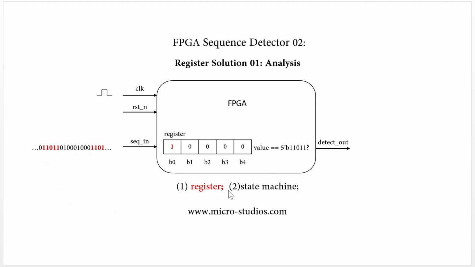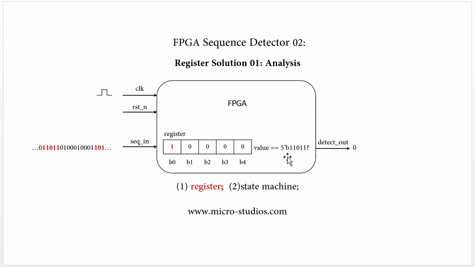If they are not equal, this one not equal to this one, we will output 0 on the detector out pin. So we compare the register value with our detector target